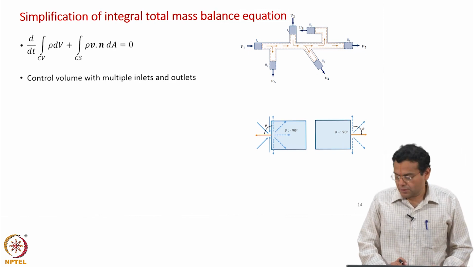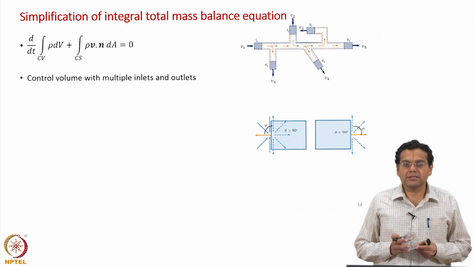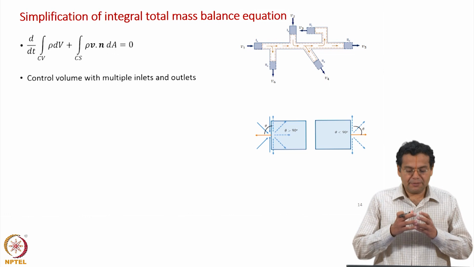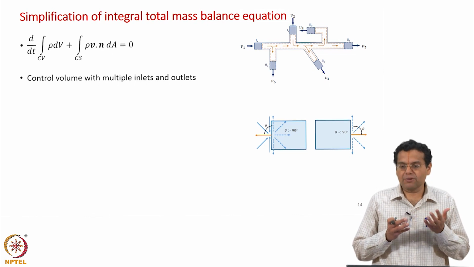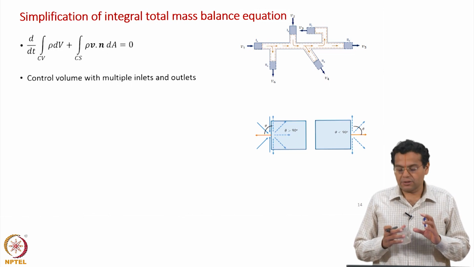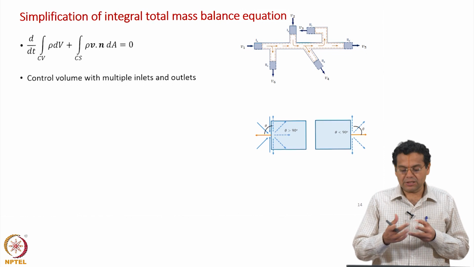The general form of the mass balance equation allows us to have any part of the surface as inflow and outflow. That is why it is just an integral over the control surface. When I say integral over control surface, the entire control surface is considered, and wherever there is inflow or outflow, that